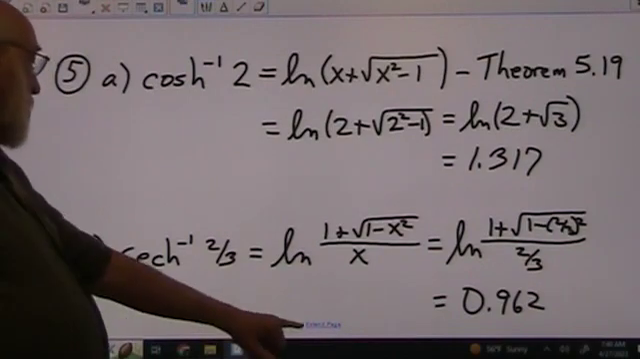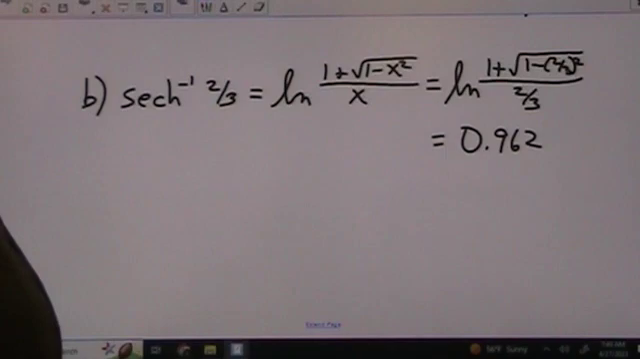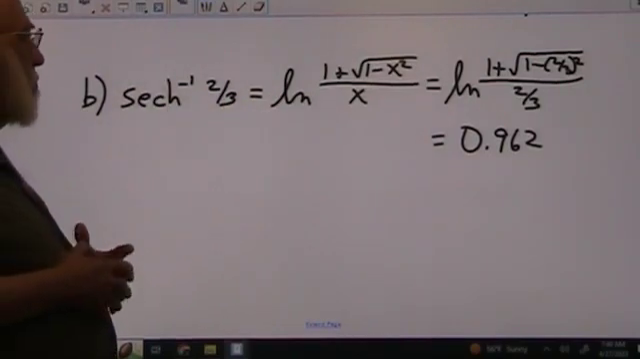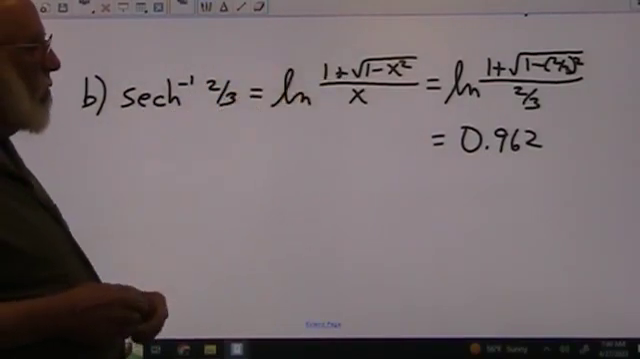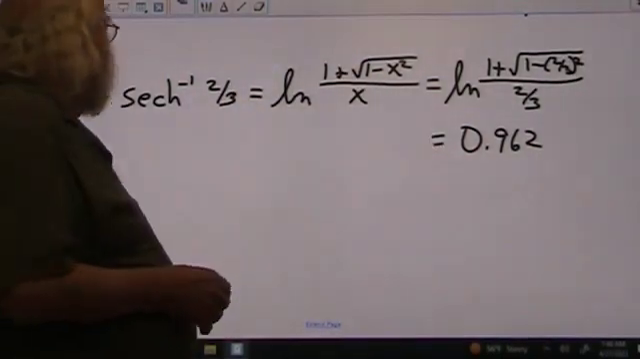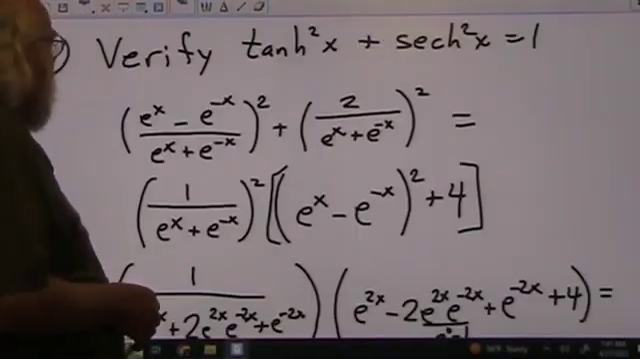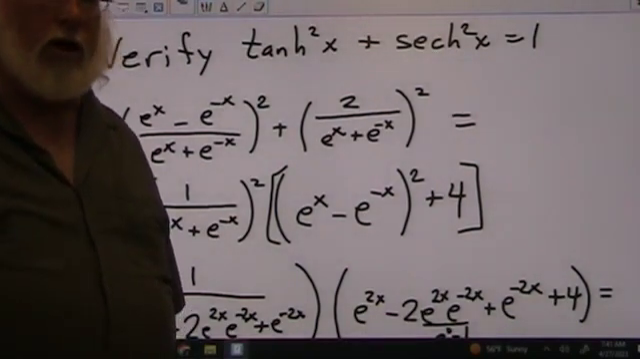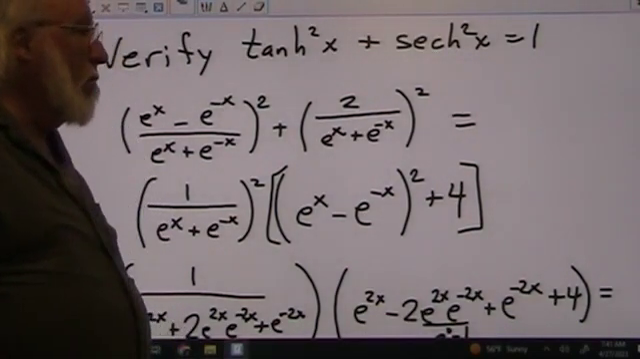And the same with the inverse sec, 2/3. The formula for that, again, through that theorem, plug in 2/3 for that, plug all that nonsense in, we get 0.962. Now the last thing I'll be asked to do is to verify trigonometric identities from a